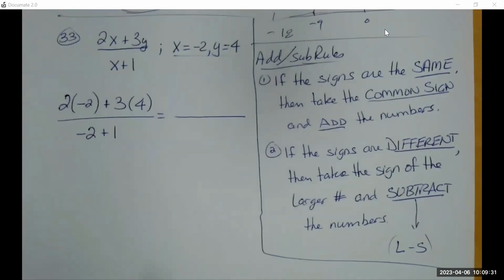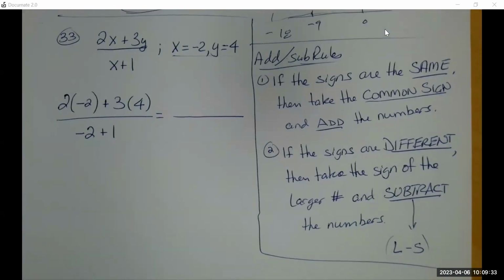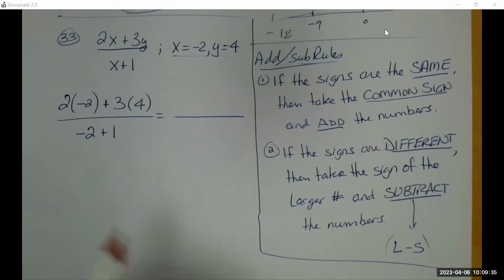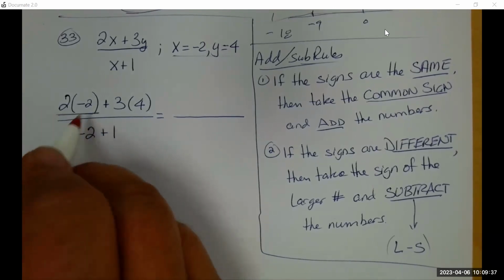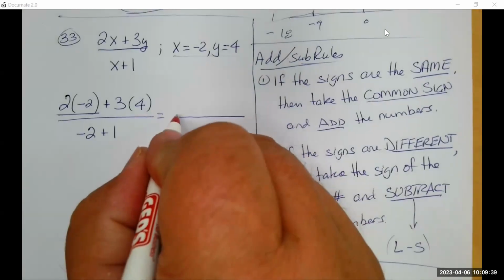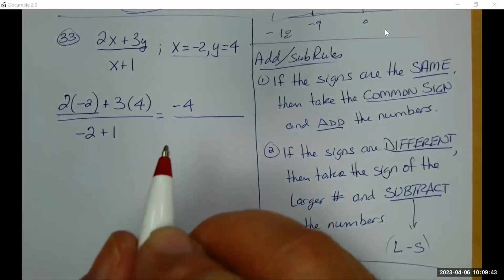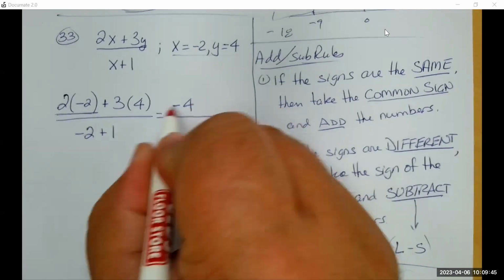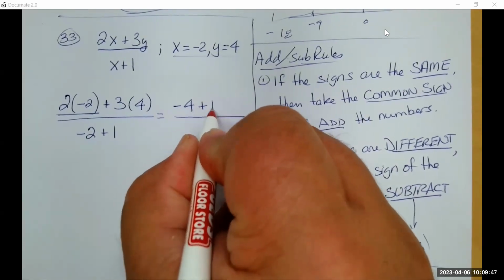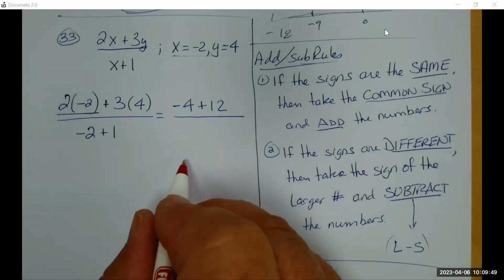What do you do on top? Let's treat them both separately. You do a negative, so it'd be -4. Very good. And 3 times 4 would be 12. And they're both positive, so it's +12. And on the bottom,